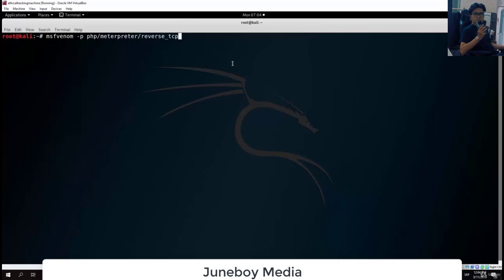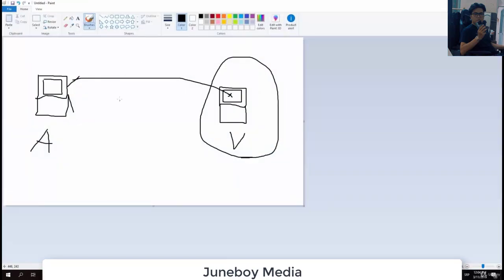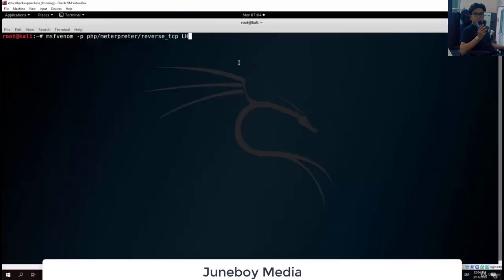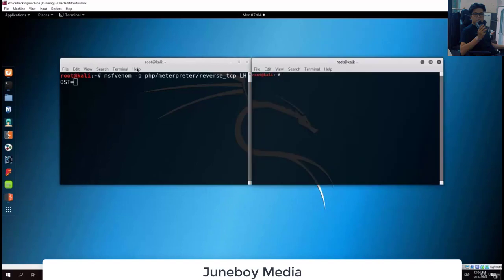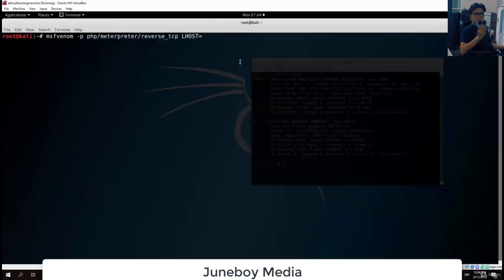After you specify all of this, the next thing we want to specify is the local host IP address. What is the local host IP address? That is the IP address of the host that's listening, which in this case is you. So you as an attacker are the listening host. So right here after LHOST we put equals, and then the IP address. Let me check what the IP address is of this machine. I run ifconfig, it is .1.7, okay,